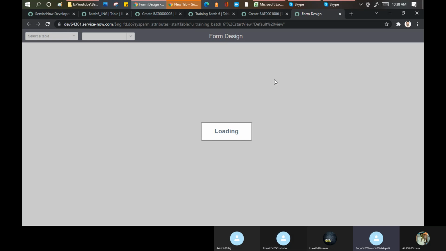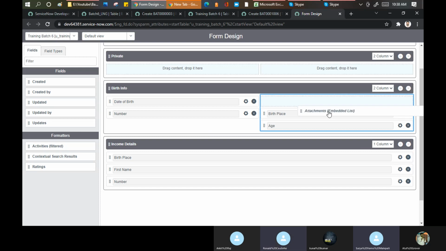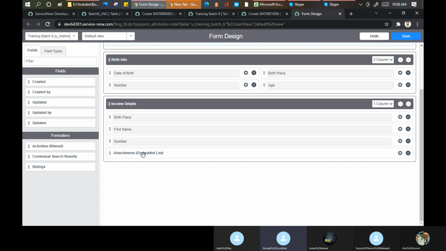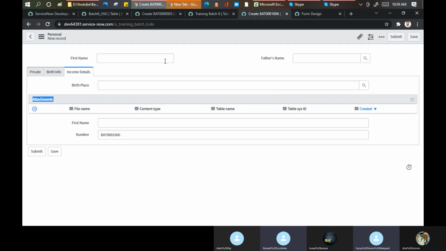That is totally in your hands where you want to move. Yep. So now you can move it. You want to move it here? You can move it here as well. Okay. Totally up to you where you want to do, what you want to do, anything you can do it on the form level.